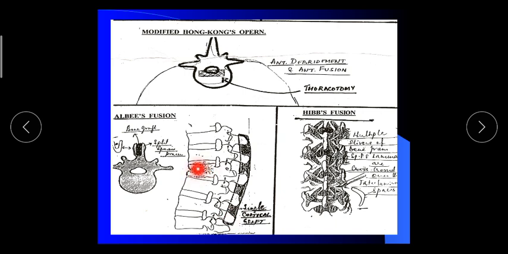This is the diseased portion, tuberculous portion of the vertebra. Now we are fusing 5 vertebra. This is the posterior view. This is the spinous process, and these are the lamina. So in between all the lamina we put multiple corticocancellous chip bone grafts and fuse all the adjacent 4 or 5 vertebrae, and this is Hibbs fusion.